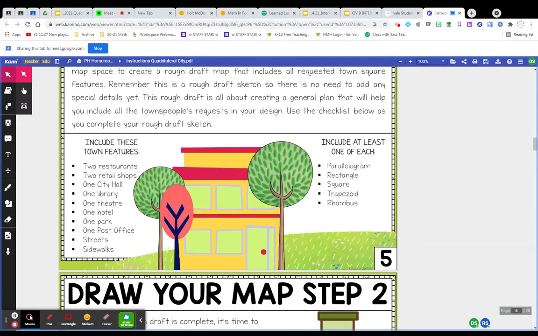So we need to have 2 restaurants, 2 retail shops, 1 city hall, one library, one theater, one hotel, one park, a post office, streets, and sidewalks. And we need to include at minimum at least one of each of these: a parallelogram, a rectangle, a square, a trapezoid, and a rhombus. Okay. So you're going to go ahead and open up that document,